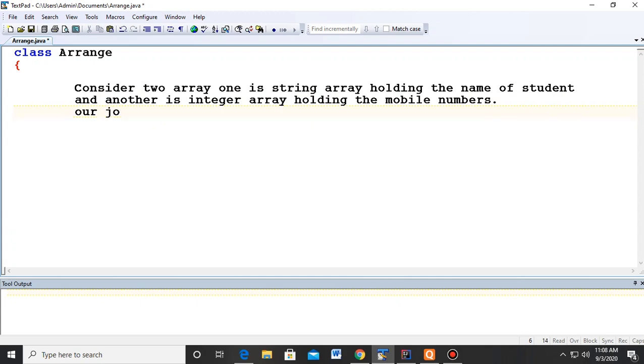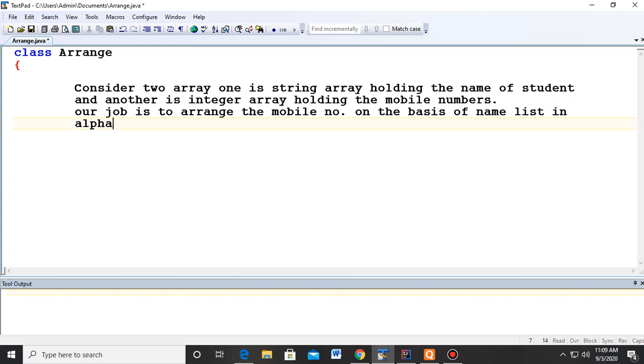Our job is to arrange the mobile numbers on the basis of the name list in alphabetical order. So children, this is the question.